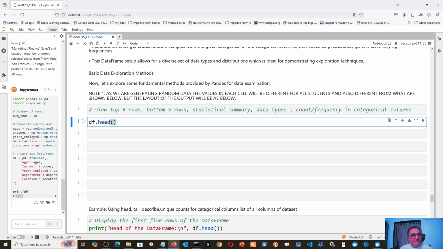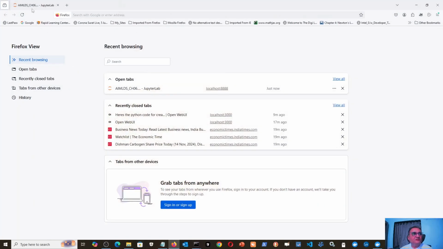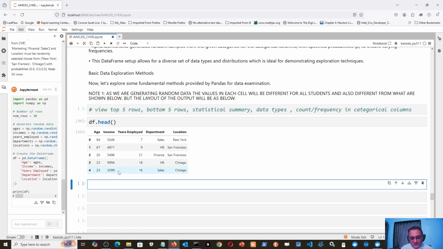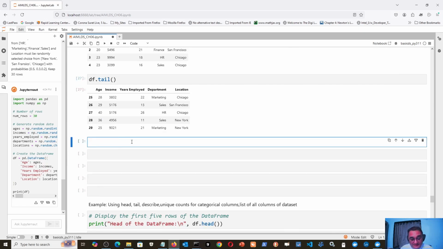That will print, but that will work only in Jupyter. In other IDEs, for example VS Code, you have to write print, then in parentheses df.head. Jupyter is an interactive Python environment, so it can show you the output below. So this is the first 5 rows, then the last 5 rows, df.tail, then the statistical summary,